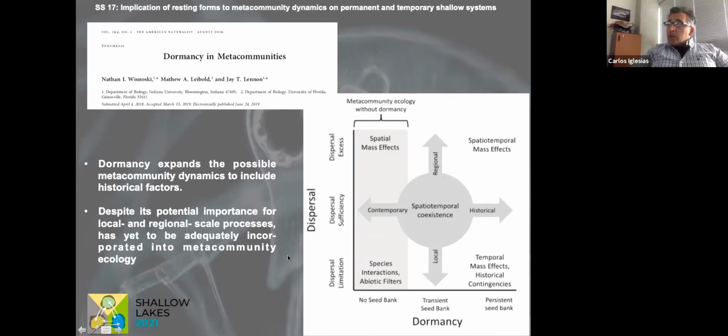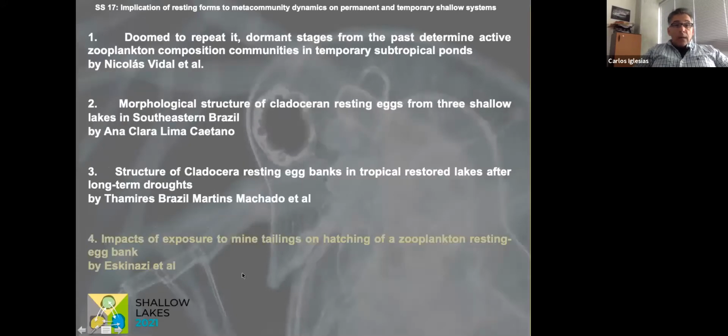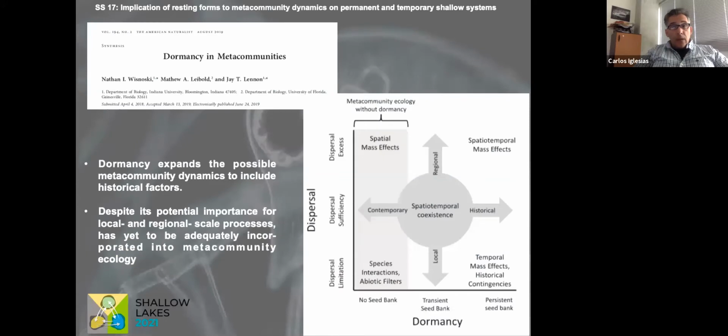And I brought here from this paper from American Naturalist in 2019 that states that dormancy, despite the potential importance for local and regional scale processes, has not yet been adequately incorporated into metacommunity ecology. And I guess this is also reflected in our session, when we were expecting not a huge amount of presentations, but we received just 4